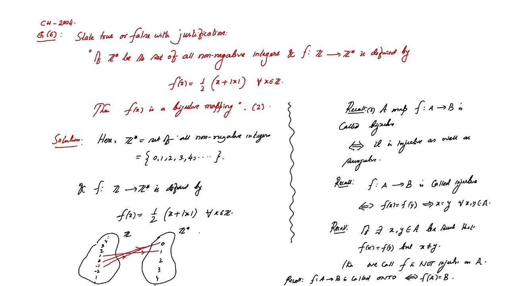So what have we seen? What is f(0)? f(0) is basically (0 plus mod 0) by 2, and this is 0. And what is f(minus 1)? That will be (minus 1 plus mod of minus 1) by 2, again 0. So therefore f(0) equals f(minus 1) equals 0, but 0 not equals minus 1. Hence we conclude that f from Z to Z star is not injective,